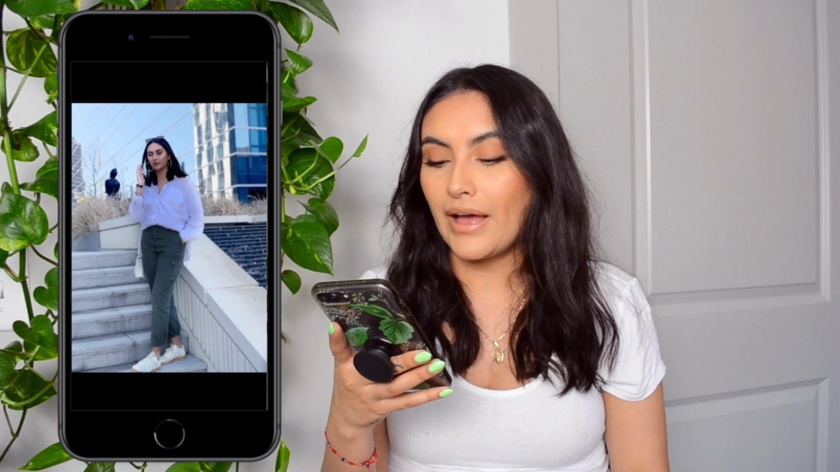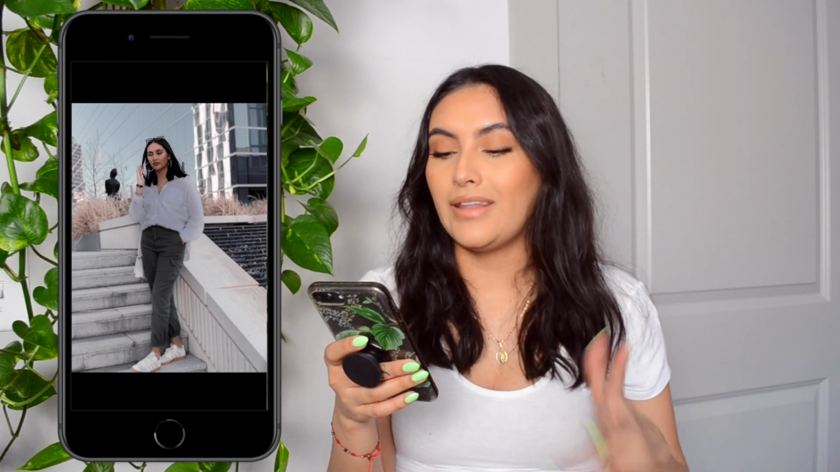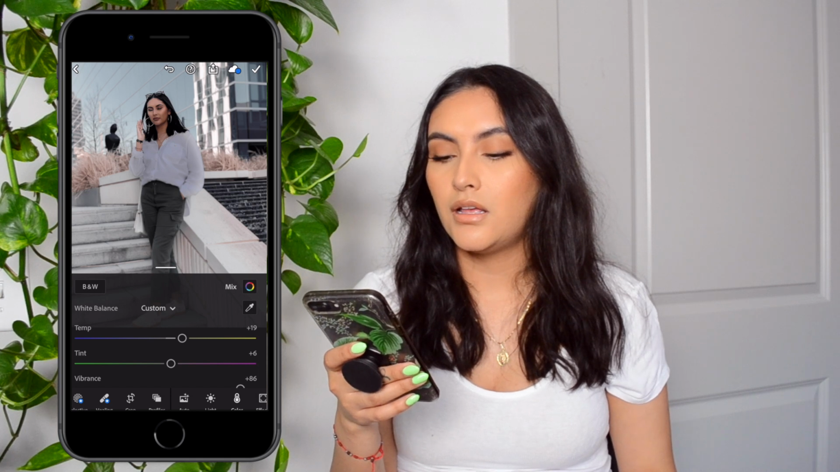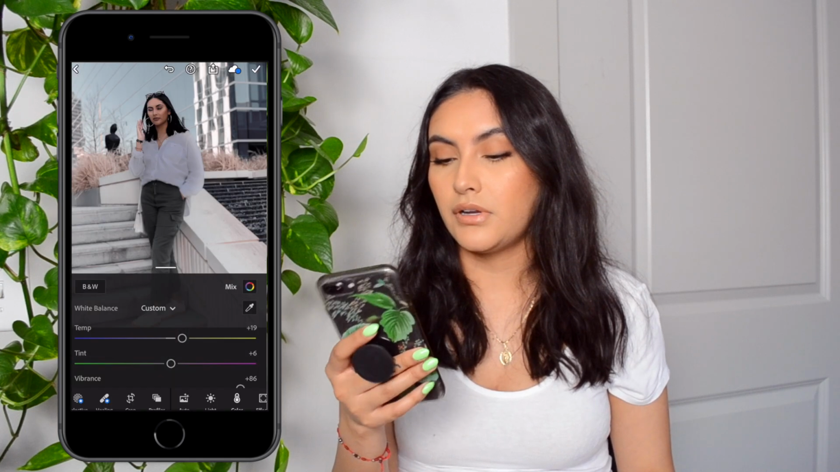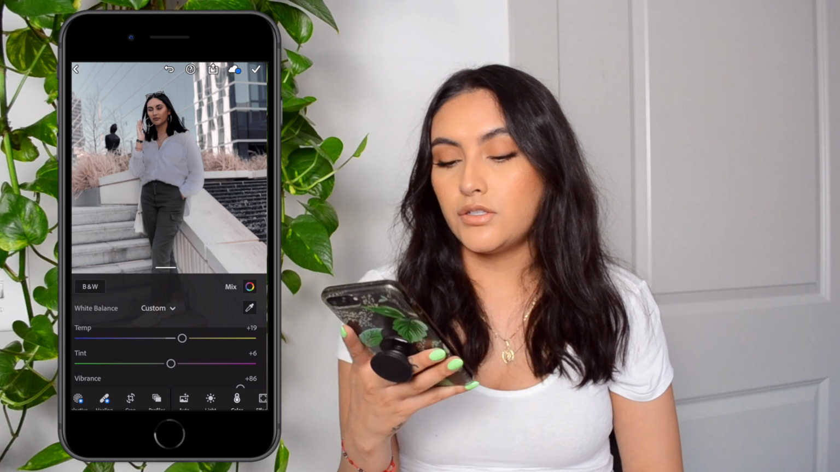So I'm just gonna go back and compare before, after, before, after. It just gives it an overall warm look to the photo. So I like this. I'm gonna leave it like that. Okay, so on here,